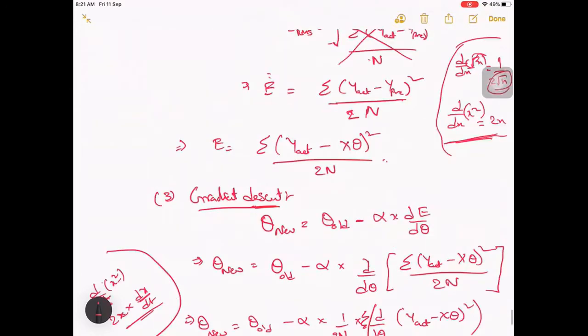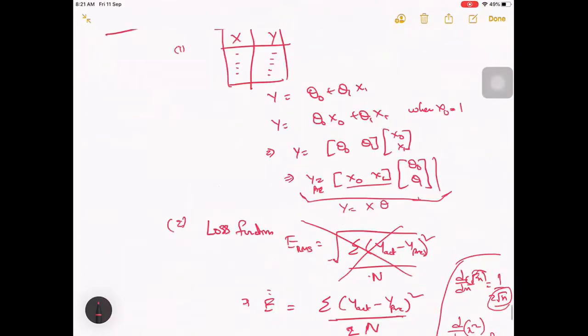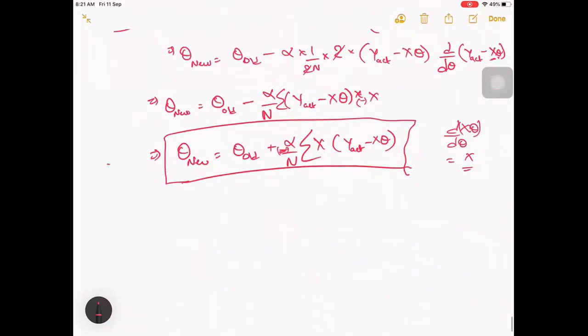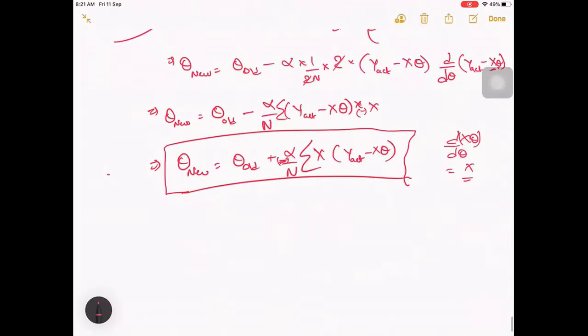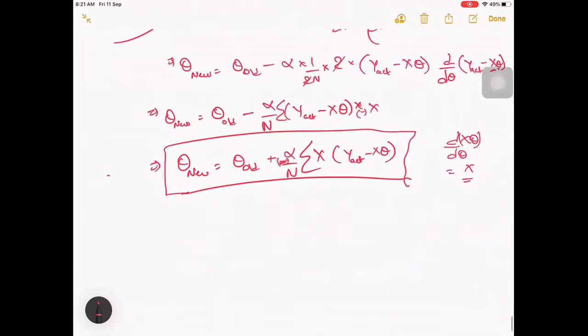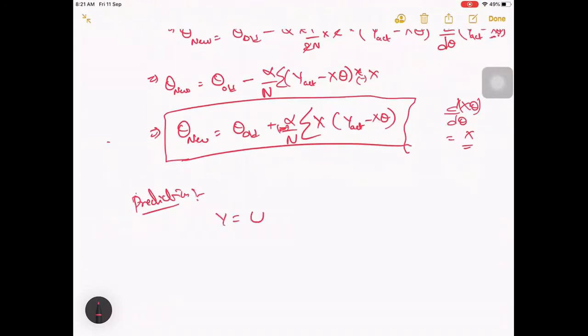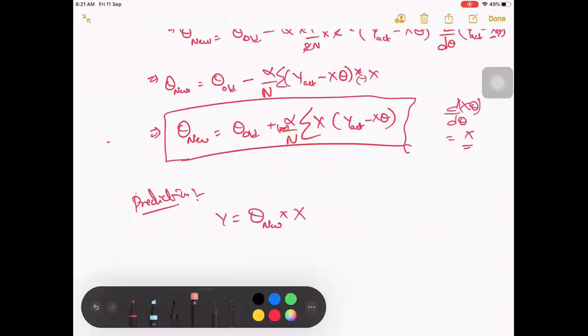So now you have gradient descent, you have loss function, you have the model definition. Is there anything else we have to do? Nothing else. Just that once you run it for a few iterations, finally what would be the prediction? Prediction would be y equal to x into theta, like what we wrote here.